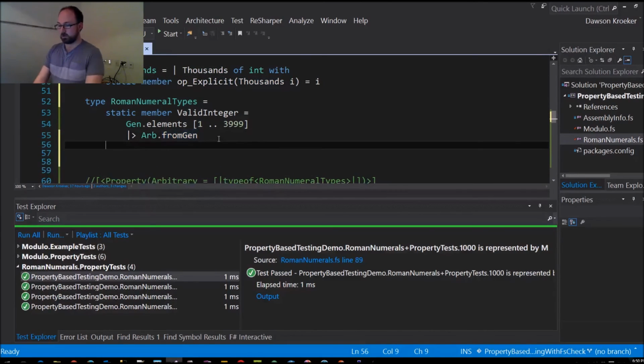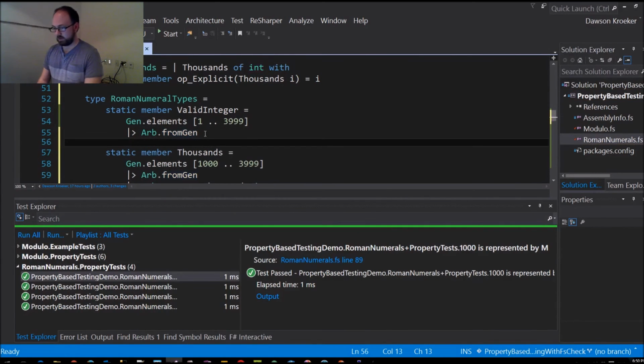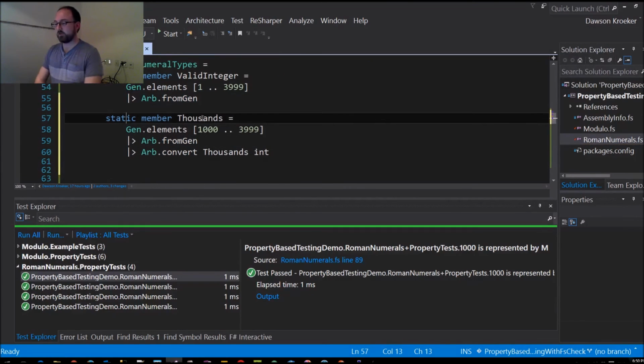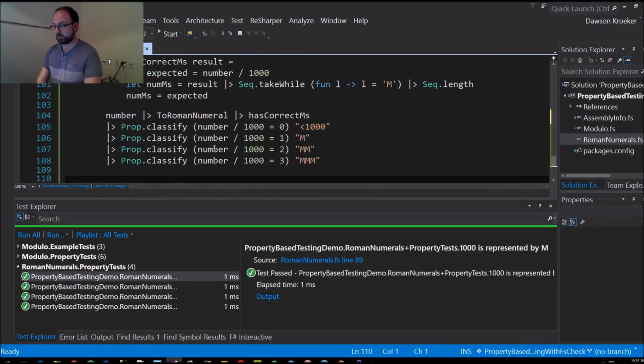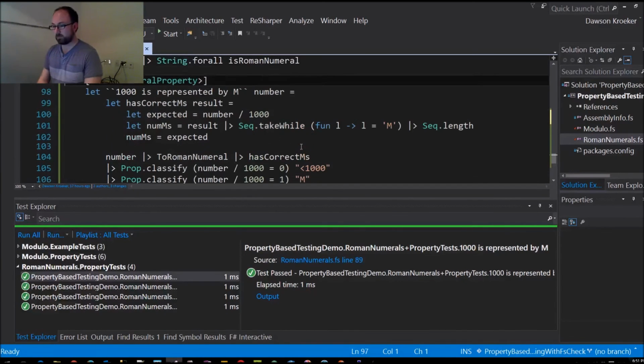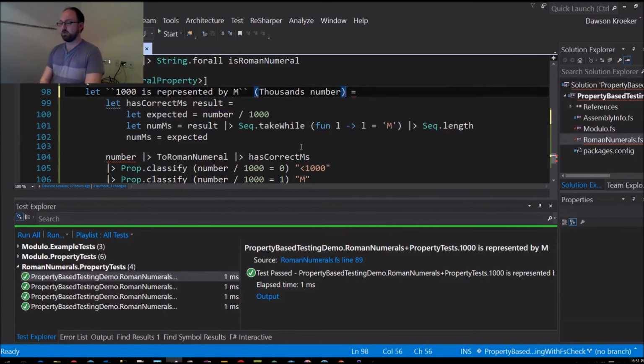So what we can do is pop this into our types here, and we can say if we specifically want thousands, now we're just going to generate the numbers between 1,000 and 3,099. So we can define a new type that's only going to return us those particular values. So we can use this and we can just put that type on the number so that it knows that we want a thousands number. And now when we build this,